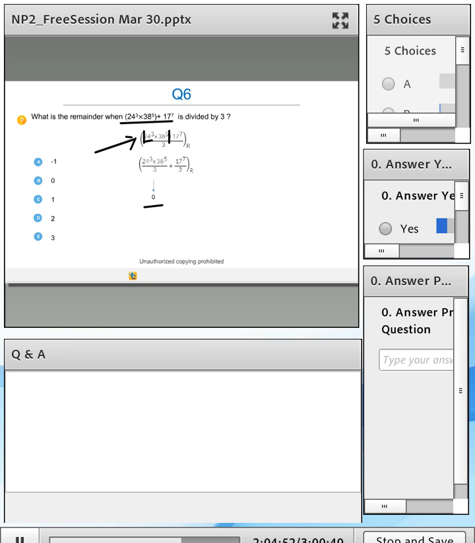Now what you have is 17 raised to the power 7, which is a pretty large number, right? But you don't have to be concerned about that because you can simplify that information. And how you do that is you take 17, so the remainder of 17 to the power 7 divided by 3 is going to be simply you calculate the remainder of 17 with 3 and then you raise the remainder to the power 7.